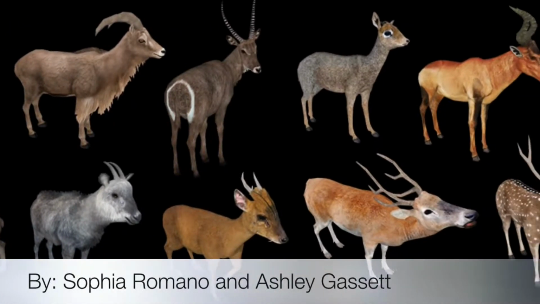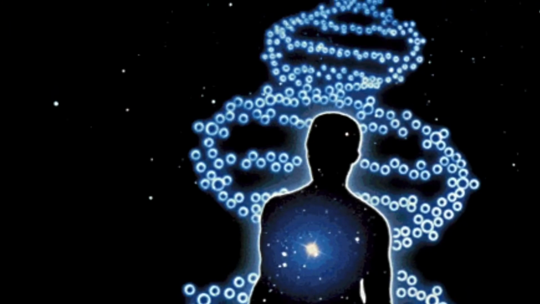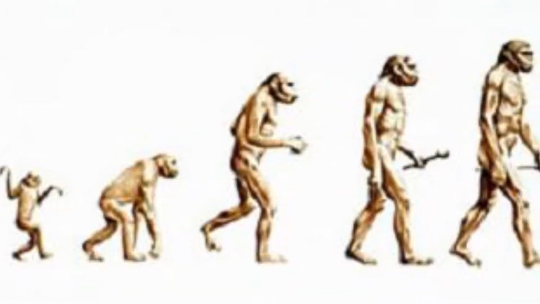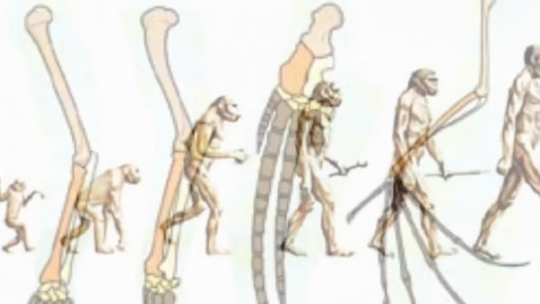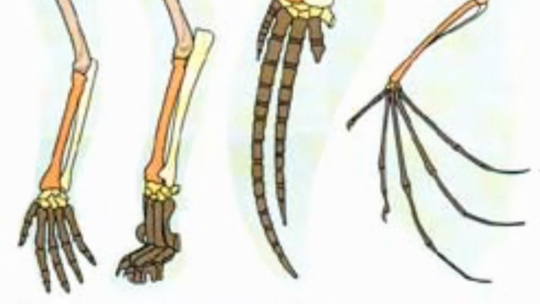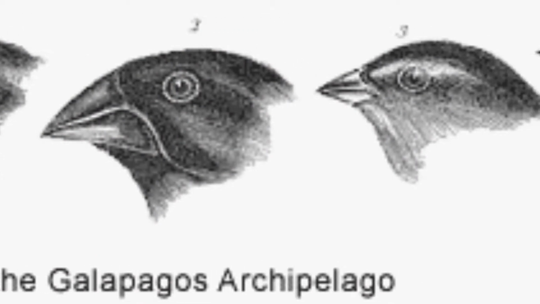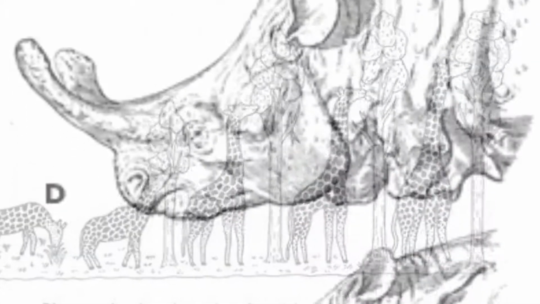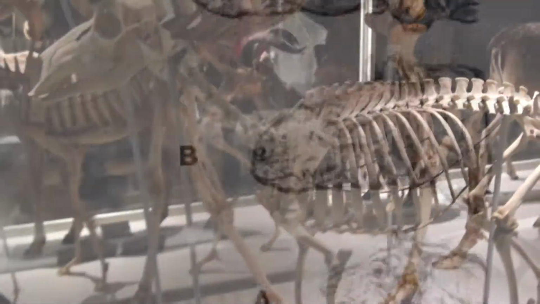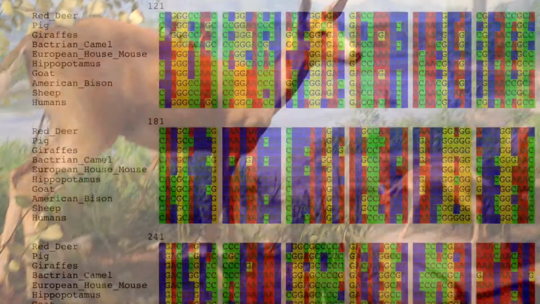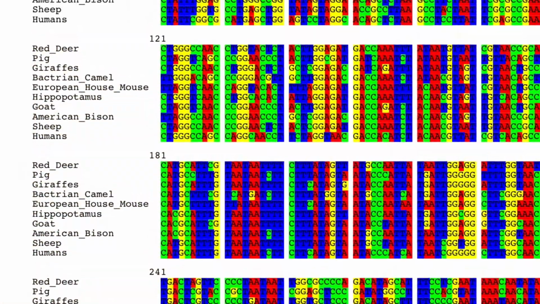Contrary to popular belief, the theory of evolution is not about the origin of life. The theory of evolution is the explanation of how life diversifies, the origin of the species, and how populations change over time. The theory of evolution has been tested time after time and proven to be real through multiple pieces of evidence. Evidence through fossils, biogeography, anatomy, and biochemical data prove that evolution is real.